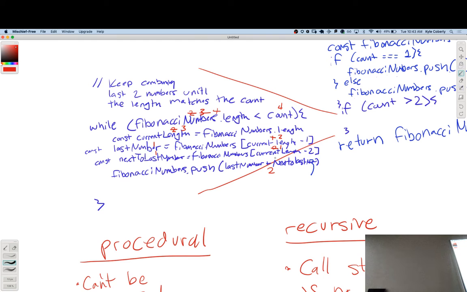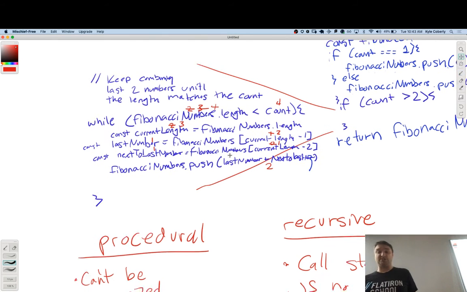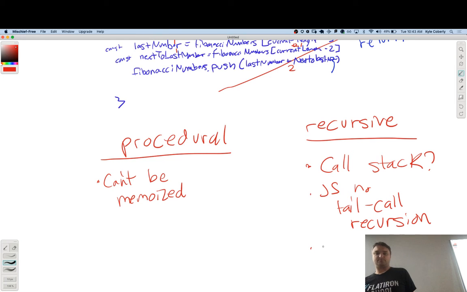I'm calculating every part of that every single time. With the recursive solution, you can memoize that, so you just keep all the ones that you've had before, because they're the outputs of functions, and you can save the outputs of functions. So you can say can memoize. And my procedural one, I can't. However, it's also completely realistic that I'm not getting progressively more Fibonacci numbers, so maybe the procedural version works just fine.